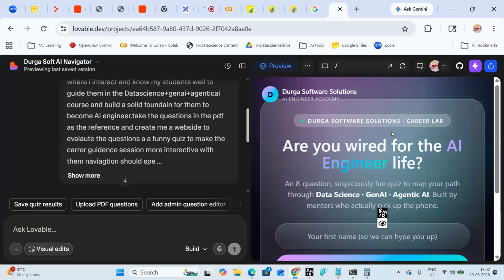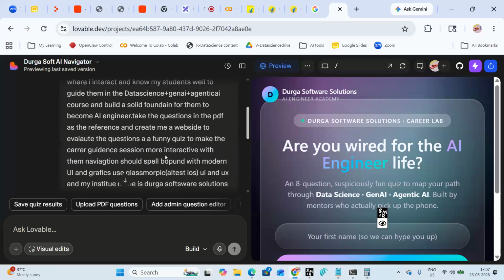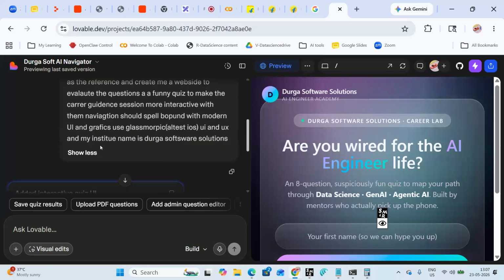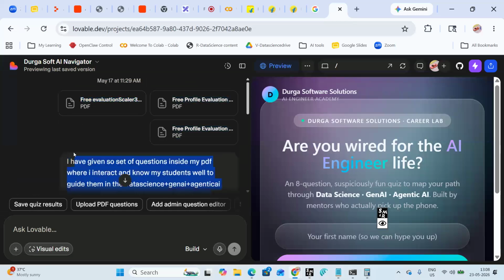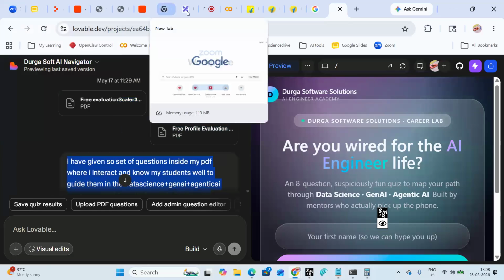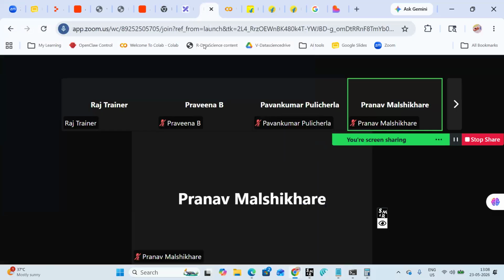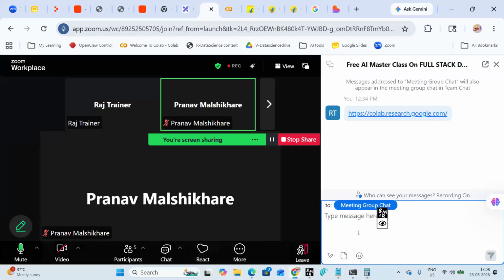Evaluate the questions as a funny quiz to make the career guidance session more interactive. Navigation should be spellbound with modern UI and graphics. Use glassmorphic, at least iOS UI and UX, and my institute name is Durga Software Solution. I'm dropping this prompt also, so you can play with it later.